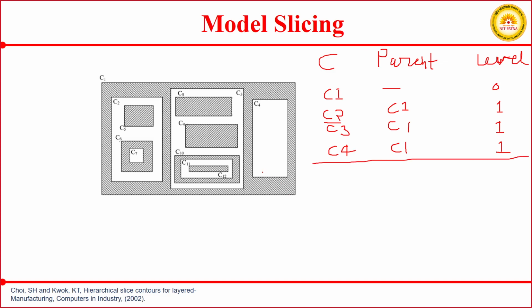Okay. Then next contour C5. Who is the parent for C5? C1 and C2, right? Parent, and we can say grandparent for more clarity. So C2 and C1. What will be the level? We need to increase the level because C2 is having